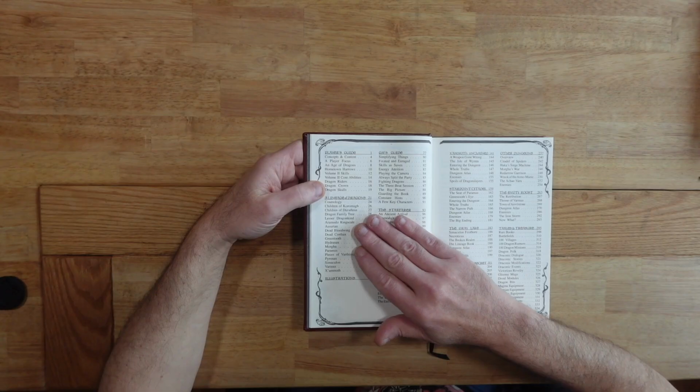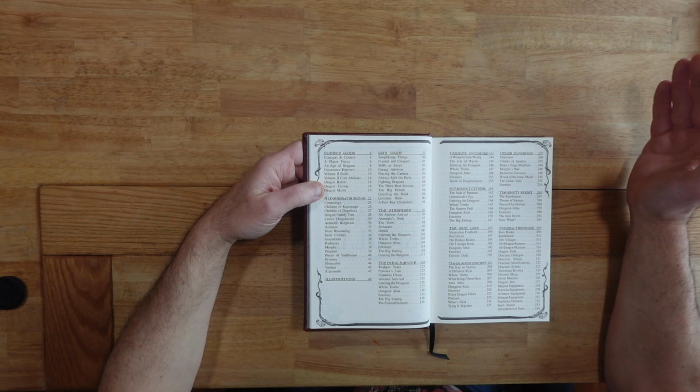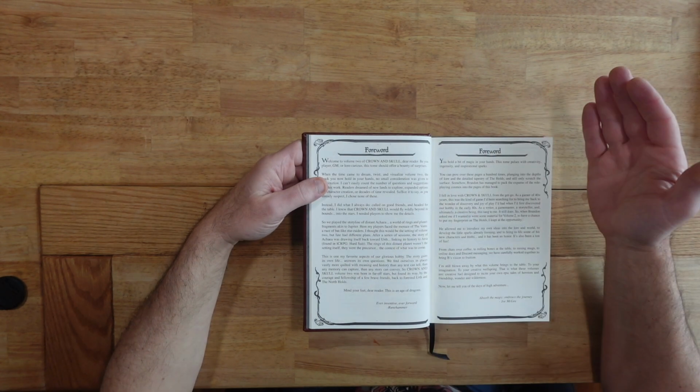And there's this contest, it seems, between traditional games and independent games, which I think is ridiculous. But here we get to see the actual discussion of the player side in the game. So we've got a full player section, a full GM section, and as we go in and take a look at